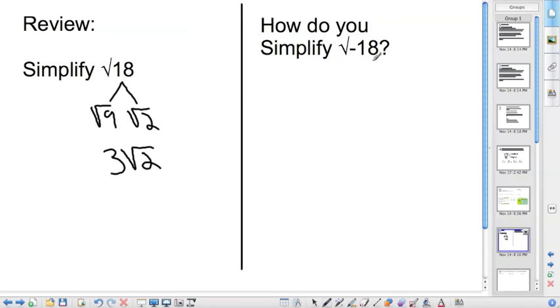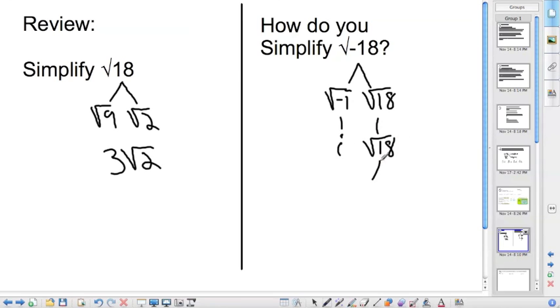And we know the square root of 9 is 3, and we're left with the square root of 2. How do you simplify square root -18? Break it down to square root -1 times square root 18. So you want to make sure you get the square root of -1 first, and we know that the square root of -1 is i. Bring down the 18,